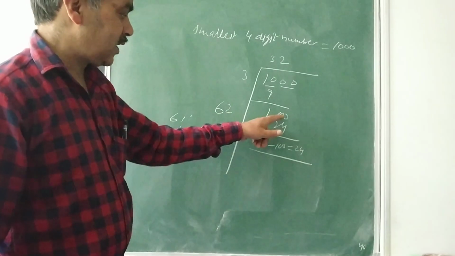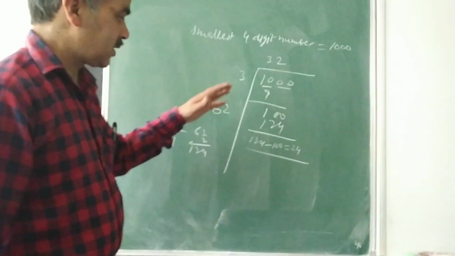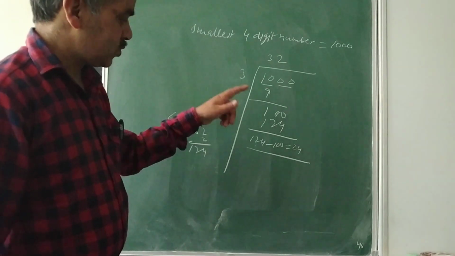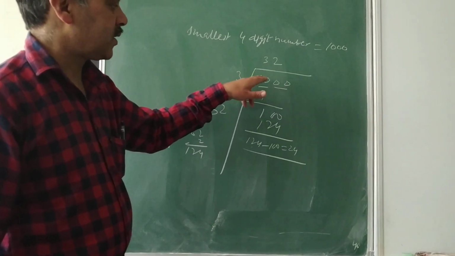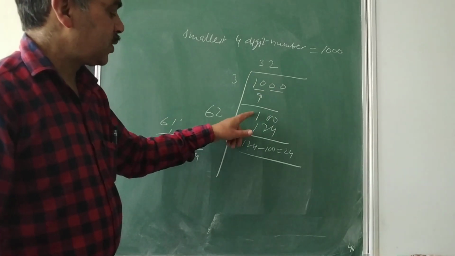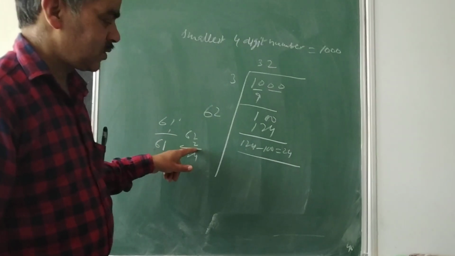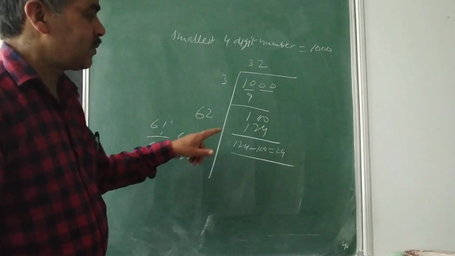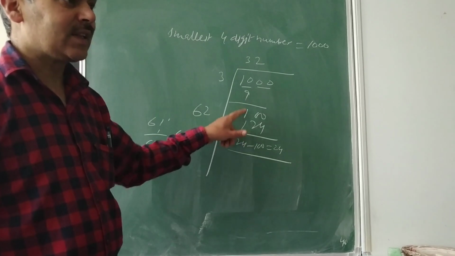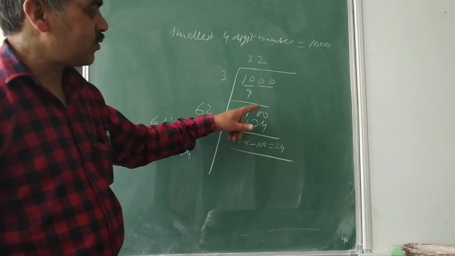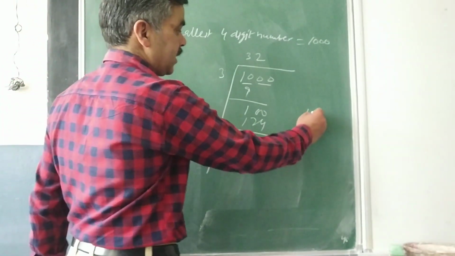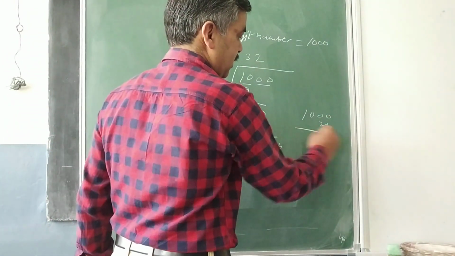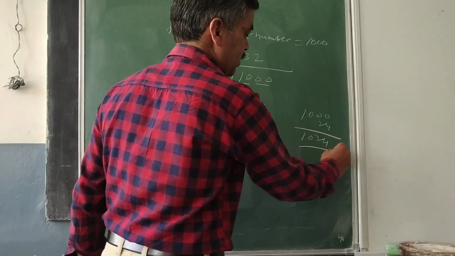You will be getting less than 100 to subtract from 100. But to subtract from this number or to add in 1000, you will go one step next. So that is 62 to 124, which means you have to take the number greater than 100, and from this you have to subtract 100. The resulting number is 24. Now you add 24 to this number. What happens? It becomes 1024.